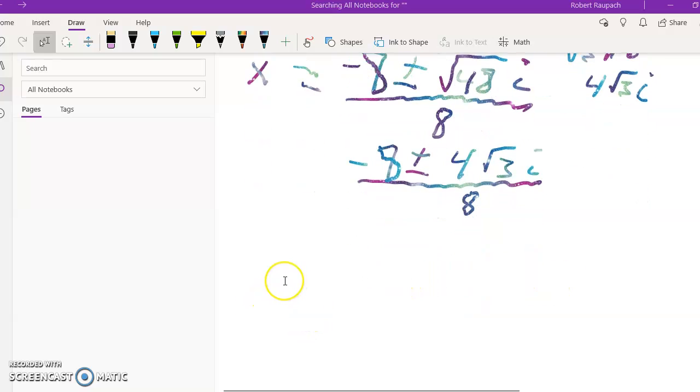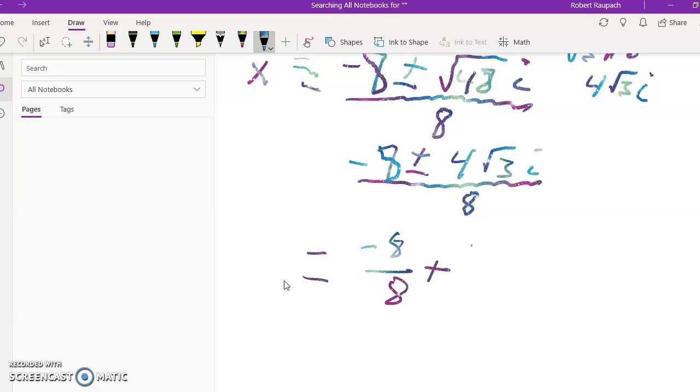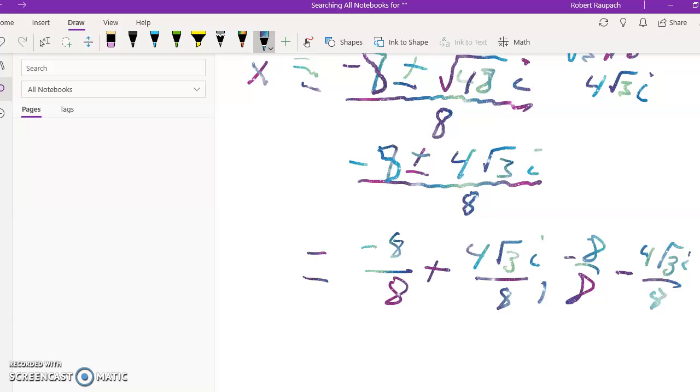So then we get, let's see, equals, this is pretty neat, but I'm going to have to just get better at using this. We break this down to negative 8 over 8 plus 4 radical 3i over 8, and also then we use the negative 8 over 8 minus 4 radical 3i over 8, okay? All right, so then when you simplify, negative 8 over 8 is obviously negative 1 plus, and